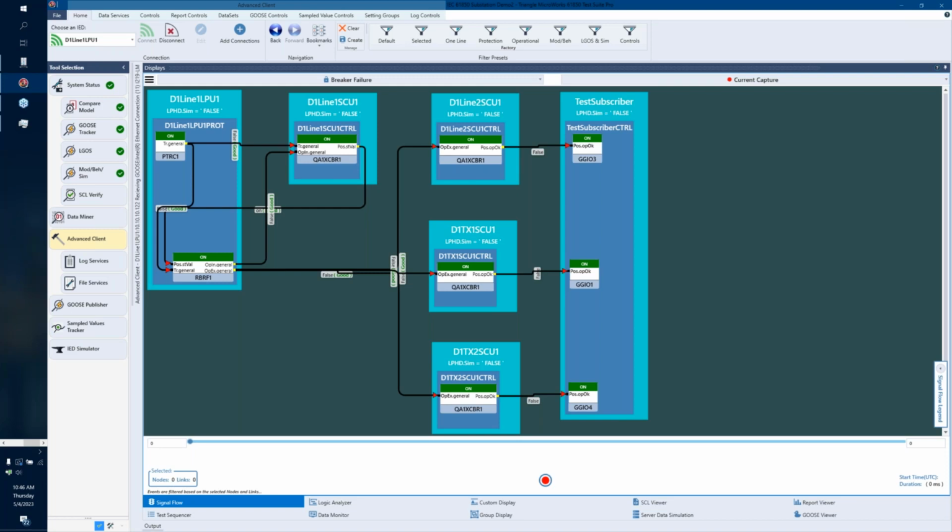The lines that we see going between two devices are GOOSE messages that are configured in the SCD. Again, by making that machine readable and importing it, my tool now knows that there is a trip signal, let's say, going from the PTRC on my D1 line 1 LPU1 device and being passed over into the XCBR logical node on my SCU for that same line. But that's all nice and cool. It's interesting to visualize it, but what's really neat is